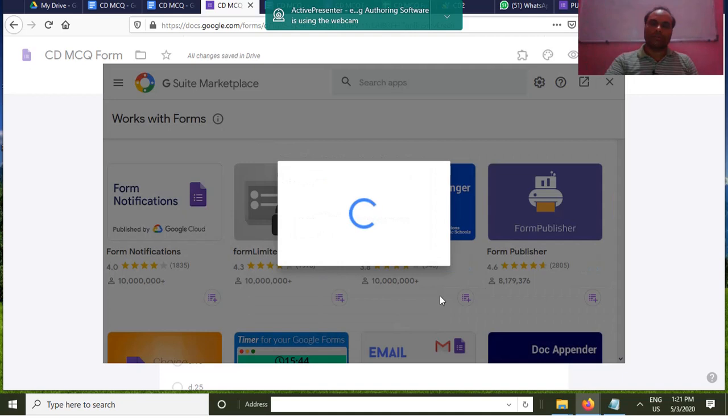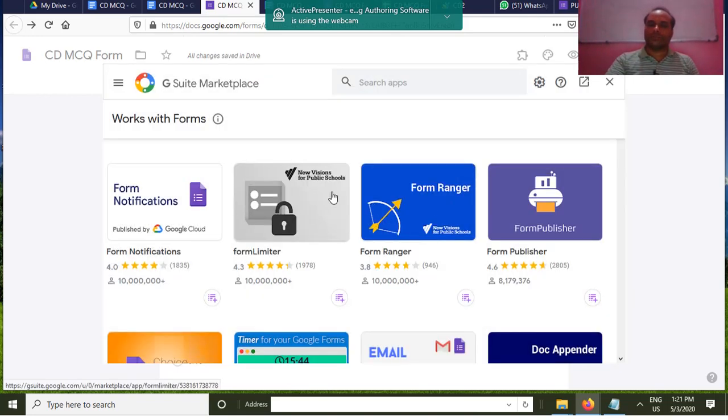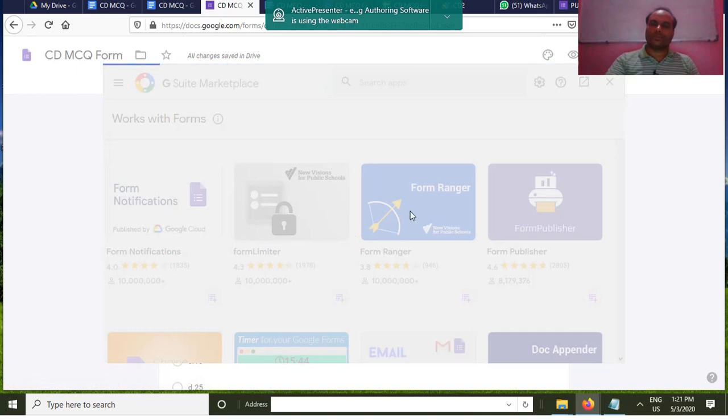Then you have to install it. If it is not working, you have to uninstall and install it, but the option is not coming. Yeah, now you have to install it.